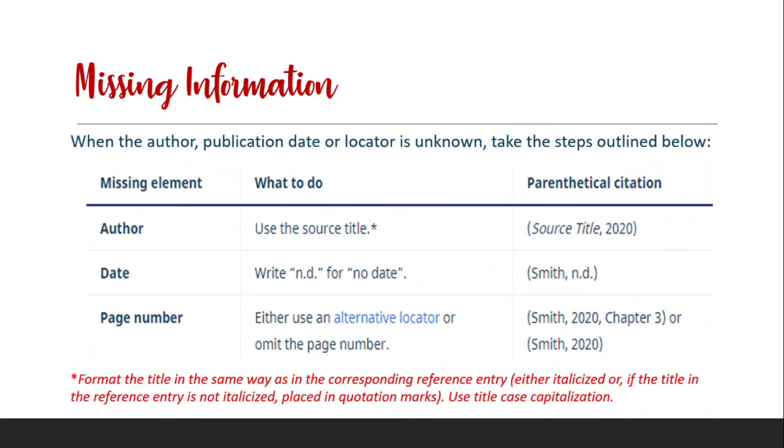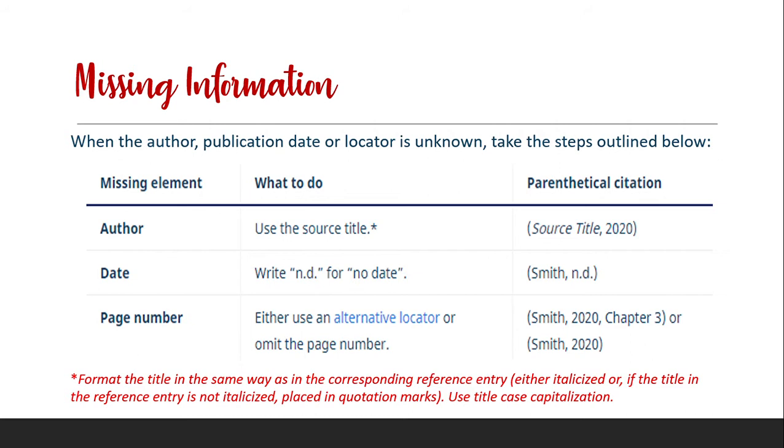What about if you have missing information? So when the author, publication date, or locator is unknown, take the steps outlined below. So if the author is missing, use the source title. Okay? Format the title in the same way as in the corresponding reference entry. So if you have the reference list at the back, the way we format it there, that's the same thing